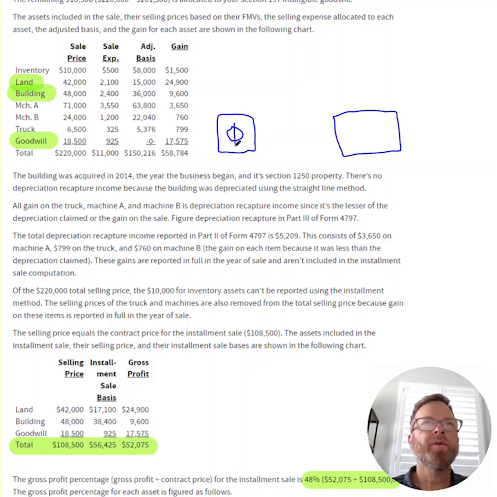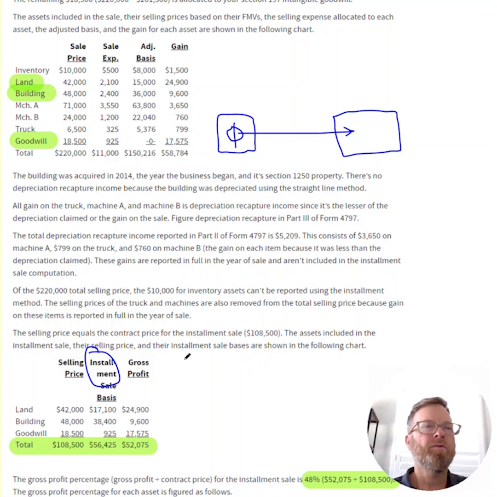So you're going to cut your partnership in half, and this half of the partnership you're going to sell to somebody else. In exchange, on an installment basis, they are going to pay you back for that. So you've agreed that you're going to receive